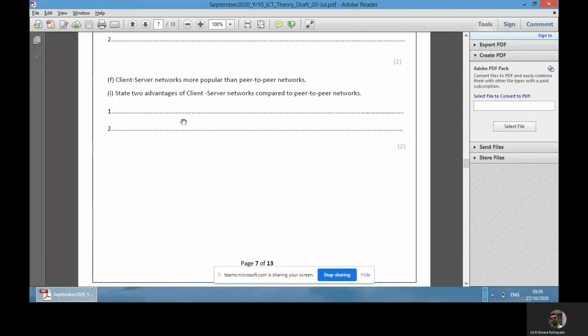Client-server networks are more popular than peer-to-peer networks. State two advantages of client-server networks compared to peer-to-peer. Well, client-server is a centralized network, so it provides centralized administration, such as troubleshooting client computers from the server, running the virus update from the server,